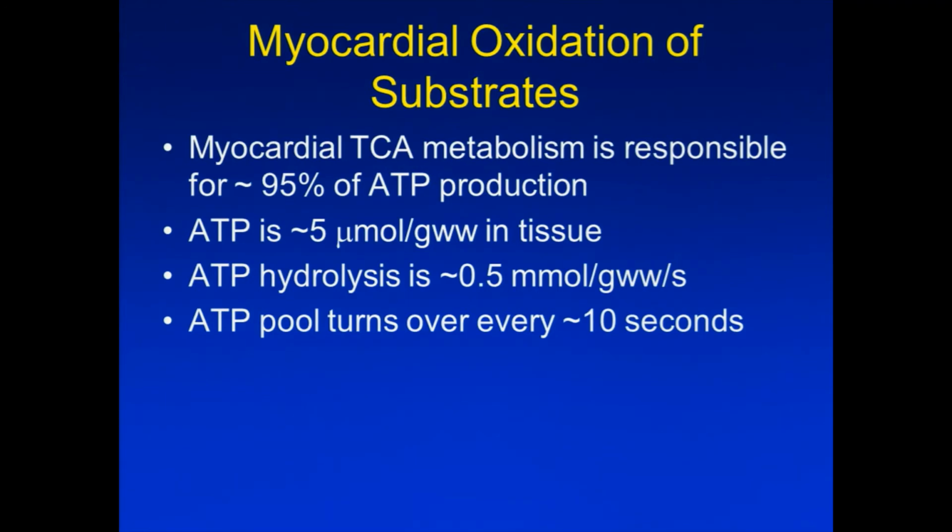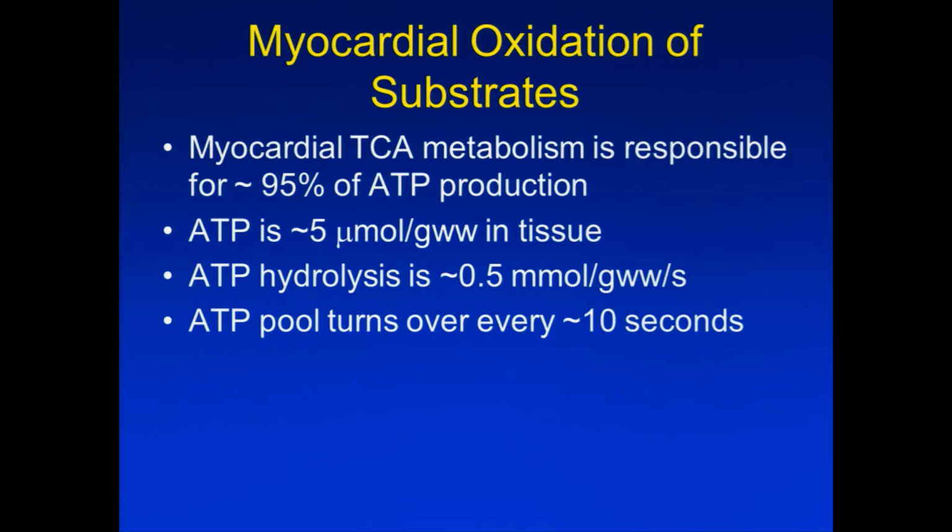Now, pyruvate, aside from the Warburg effect, all kinds of tissues consume pyruvate pretty much as much as they can get their hands on. The heart, for example, uses pyruvate exceedingly fast. The myocardial TCA metabolism is the primary source of ATP in the heart, and it's pretty amazing that the ATP pool turns over about every 10 seconds. So literally, we produce and consume over 10 pounds of ATP every day in our heart alone, which is why